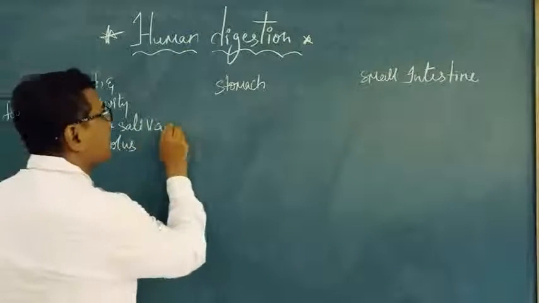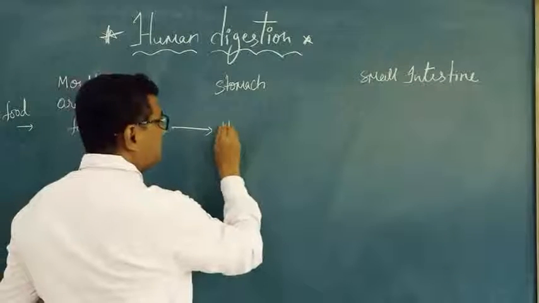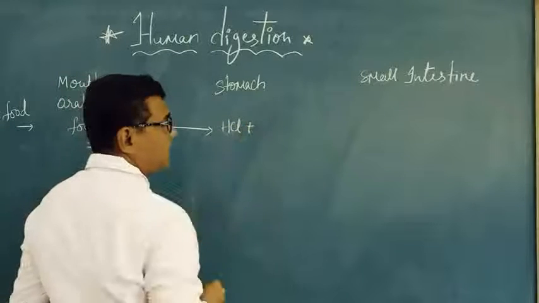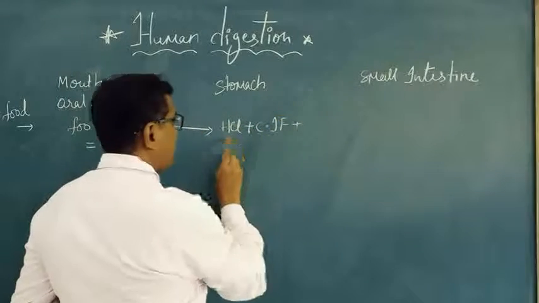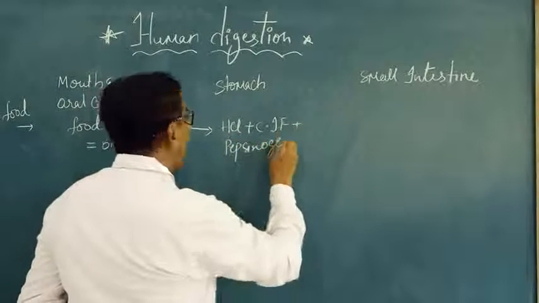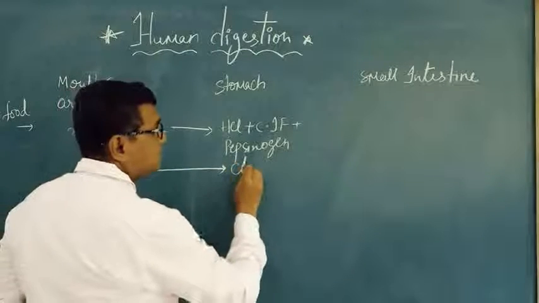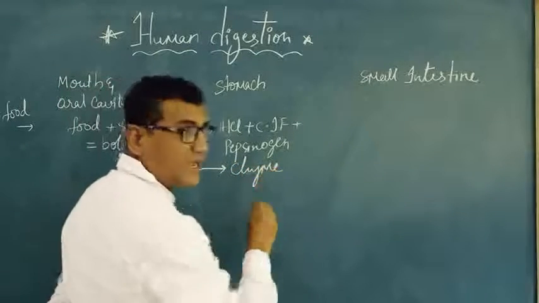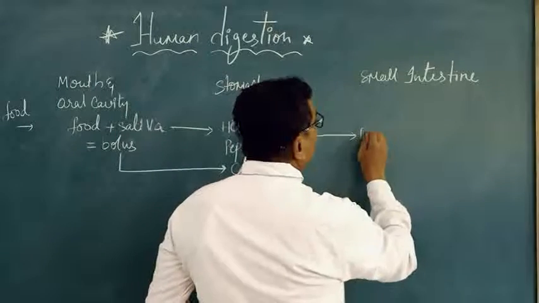Now food enters from there into the stomach, and food is added with HCl plus castle's intrinsic factor plus pepsinogen, and this bolus from now onwards is called chyme, and food enters into the